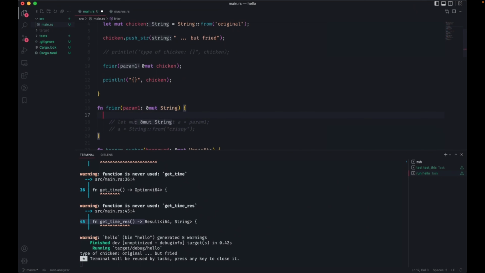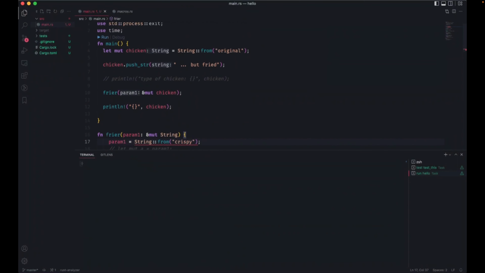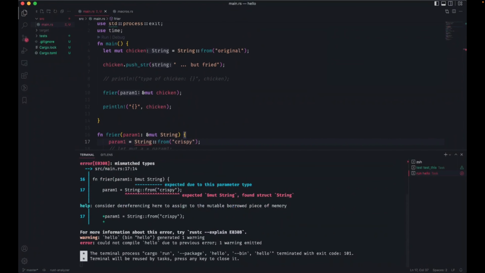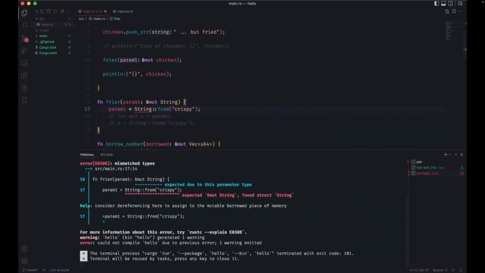Say I had passed this in, and now I'm going to assign something to it. See, VS Code is already complaining to me here, but if I run this, it's not going to compile because it's going to say you're assigning something that doesn't match over here.